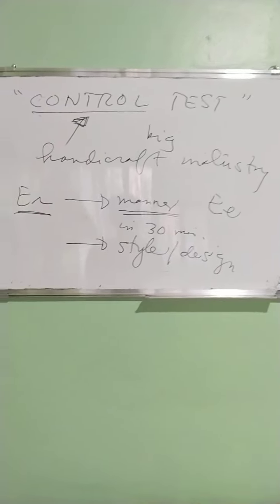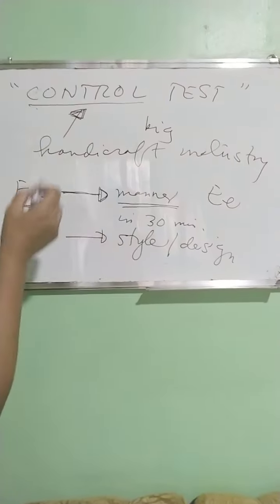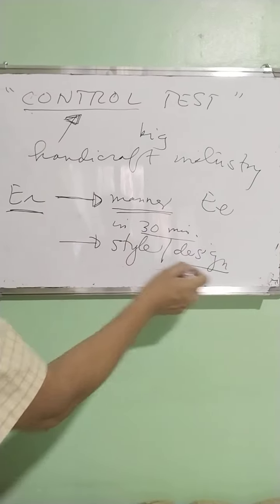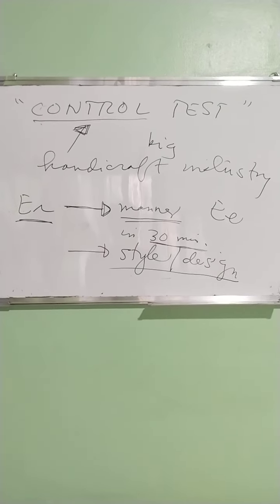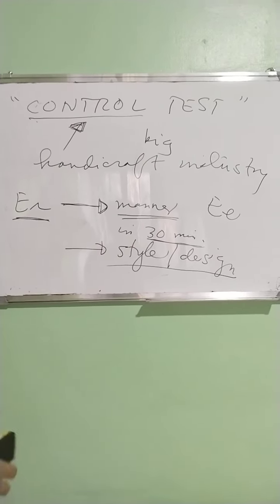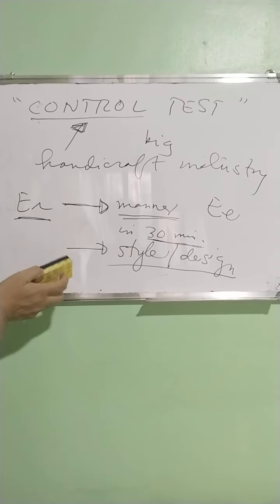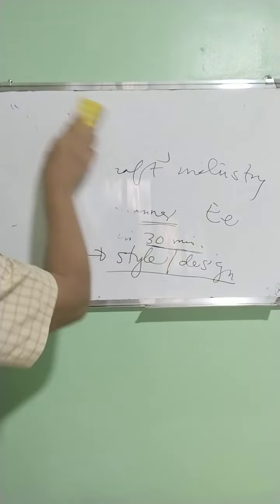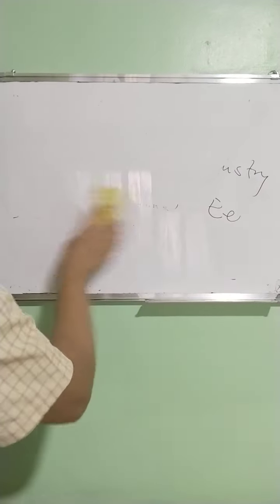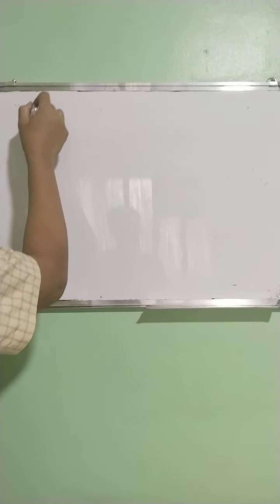Clear so far, Ms. Nases? So, why did we say that he has the control? Well, he specifies, in particular, the style or the design, and of course, the time within which to finish one handicraft. No? So that is what we are talking about, the control test. So I repeat, how do we know if there is an